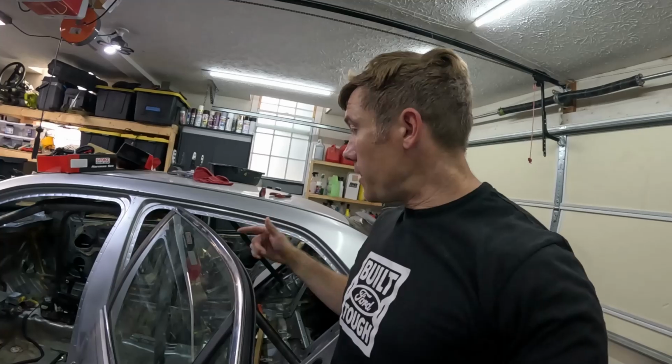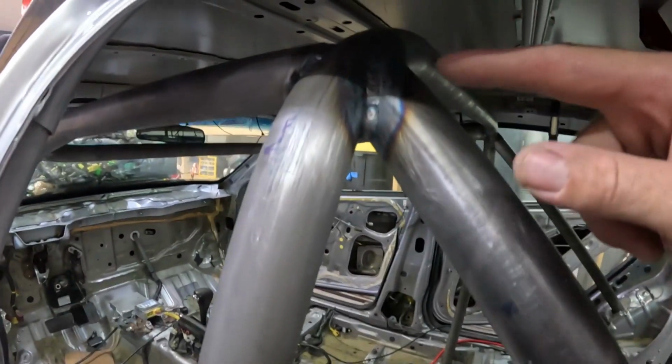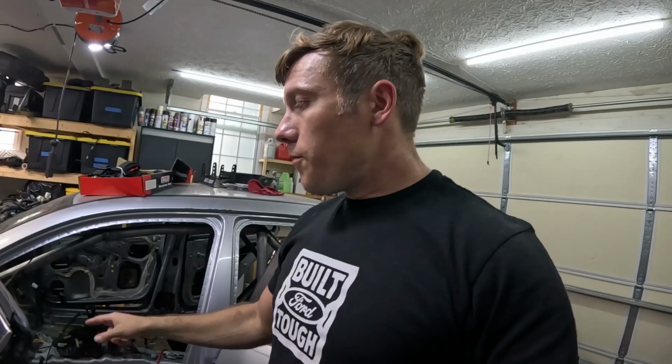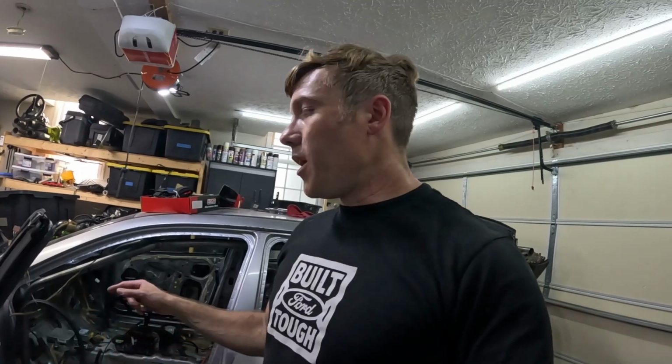All the welding is now complete. So we'll take a quick look. I had some good welds, some bad welds. Now I have to completely weld up the little boxes that I made for the front, and then get everything in position and start welding into the body, which is gonna be a lot of work. All I gotta do now is weld up all the boxes for the front,